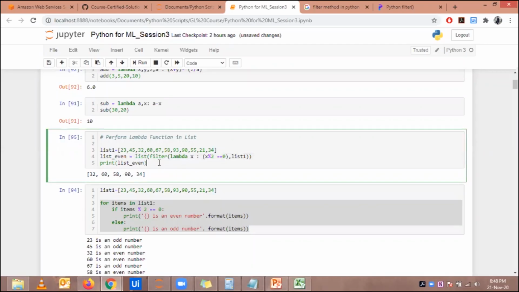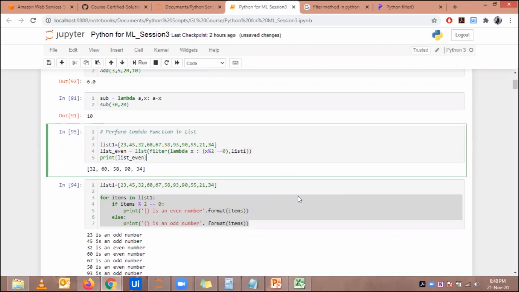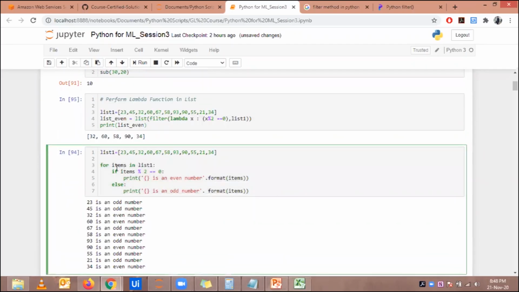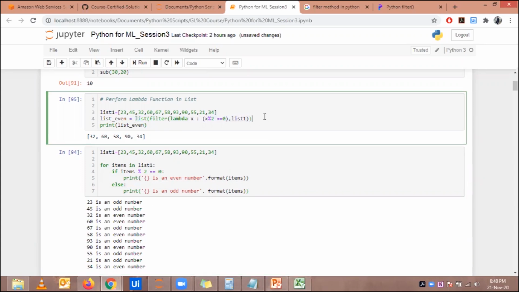Oh, got you. So, okay, now I got it. So that's the benefit in Python: you don't have to mention it explicitly. That's what you see here. I have written the logic myself. I have to loop through each value of list1 and then give a print statement and do it like this. But if I do it in a little advanced way, the benefit of utilizing this inbuilt method is to reduce the number of lines of code.